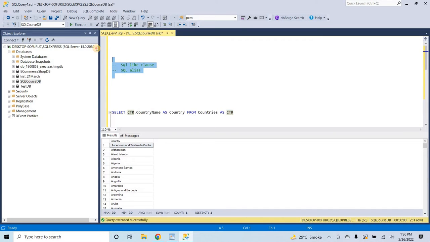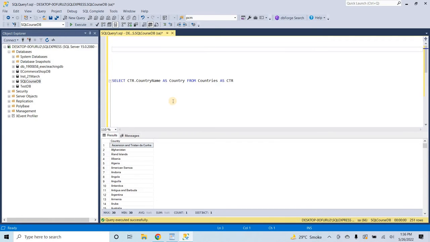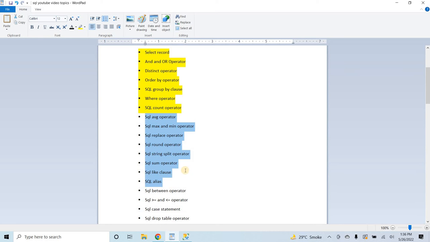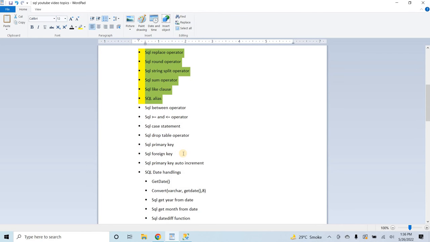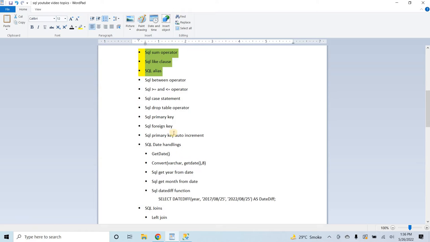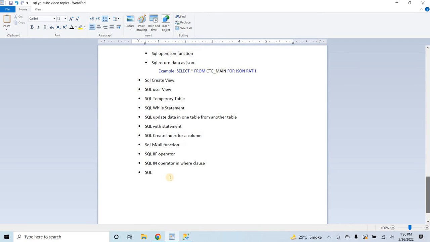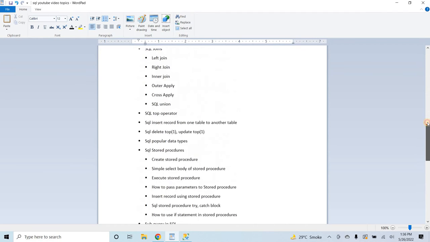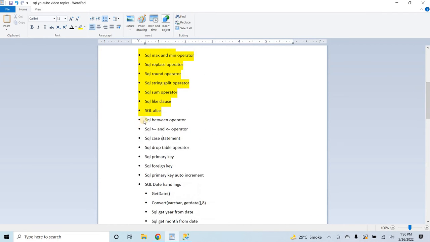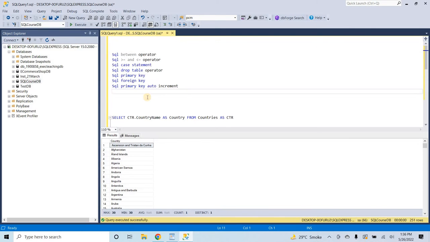Okay, so we have covered up to this point. Let's move towards our Word file. We have covered this, right? Make it highlighted, and let's move a little to the bottom. Lots of things remaining, guys, so you have to go up to this statement, right? Now I will copy from this statement to this, copy and paste here inside the SQL. Just comment because it will throw an error,